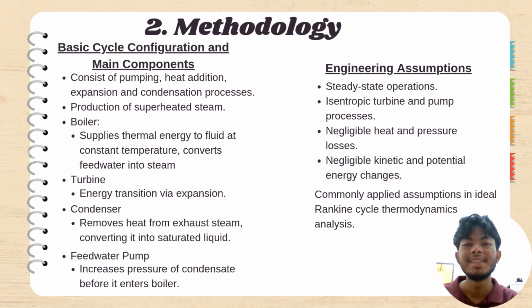And this is the methodology section. This slide shows the basic configuration of the Rankine cycle and the assumptions used in our analysis. The cycle consists of four main components: the feed water pump, the boiler, turbine, and condenser. The pump increases the pressure of the water. The boiler converts it into steam. The turbine extracts energy from the steam, and the condenser converts the exhaust steam back into liquid so the cycle